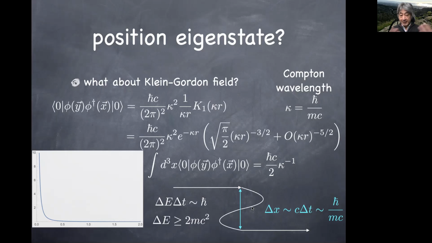So that's the explanation that was given in Lifshitz. And so that's the explanation I'm giving to you. I haven't seen any other textbooks discussing it along the same line of things, but at least it makes sense to me. So the best localization you can have in relativistic quantum field theory is only within the Compton wavelength, unlike in non-relativistic quantum mechanics, where you can talk about an infinitely localized particle. So I'd like to see if that makes sense to you. I'm sure there are questions about this argument.